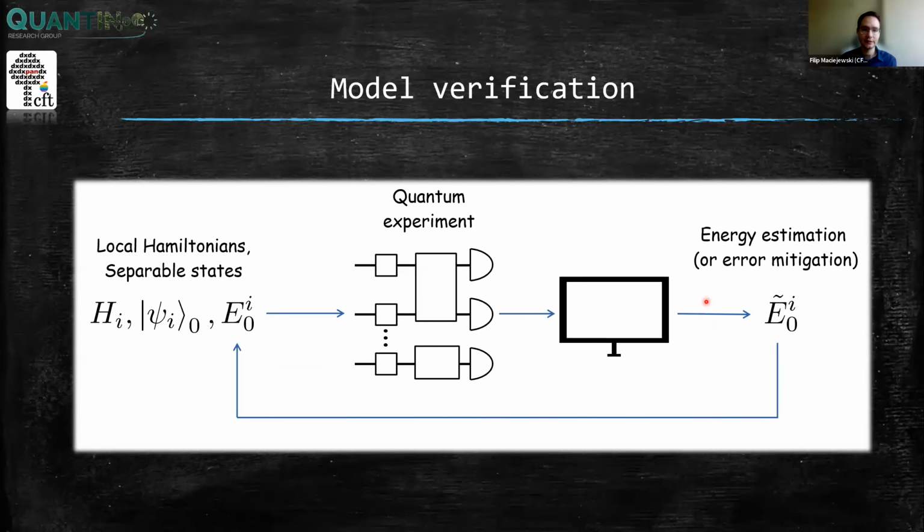And the idea here is that if the noise model is good, then we also expect that error mitigation based on that noise model should also be good. So this is just a reasoning, and so basically what we do is we estimate energy on the quantum device, and then we perform error mitigation based on the noise model that we want to benchmark. So in this way, we benchmark whether the noise model is good, and also whether it is good for error mitigation, which is one of the most important applications of noise characterization.